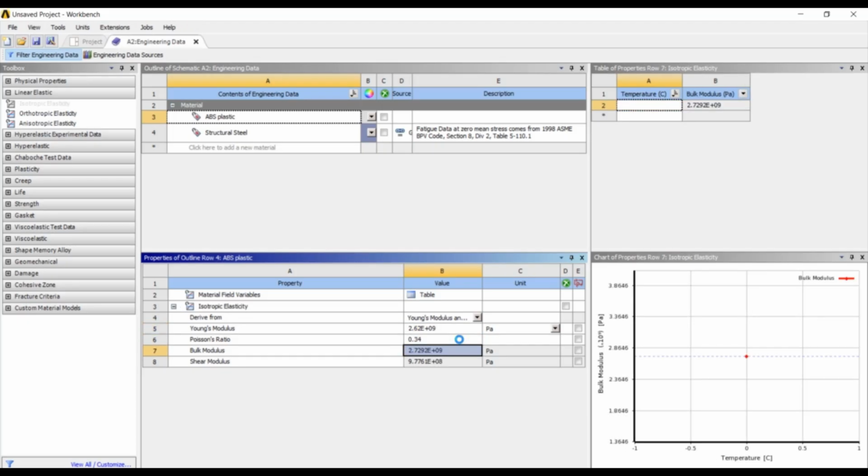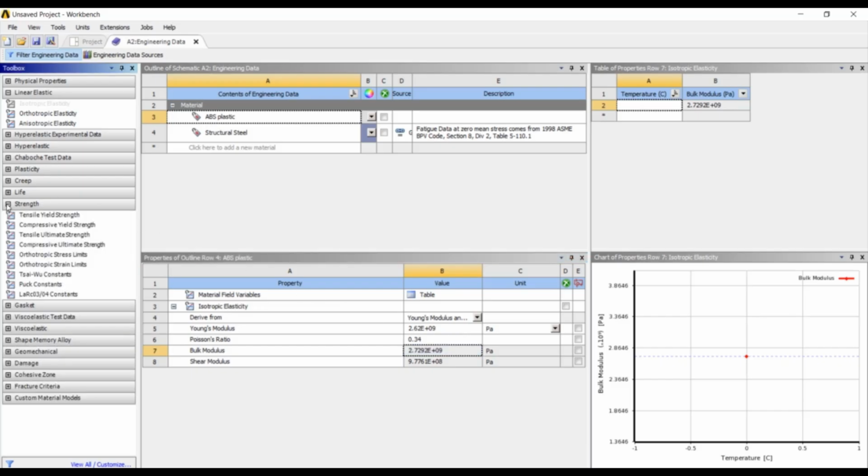As I have told you in the introduction to static structural analysis, what are all the properties that are needed to be defined for this static analysis? You need to define a property known as the failure property in order to assess the safety factor. For that purpose, I am going to go to this strength group. In the strength group, I am going to take tensile yield strength, and I am going to place it on